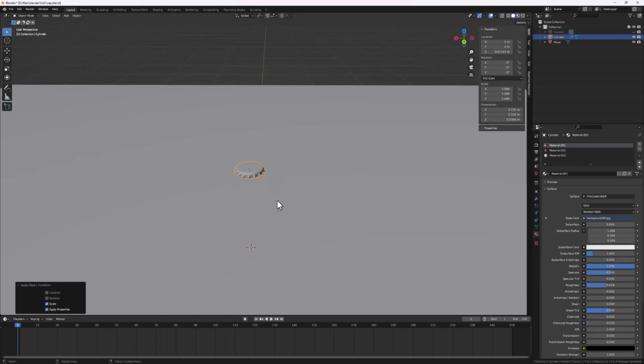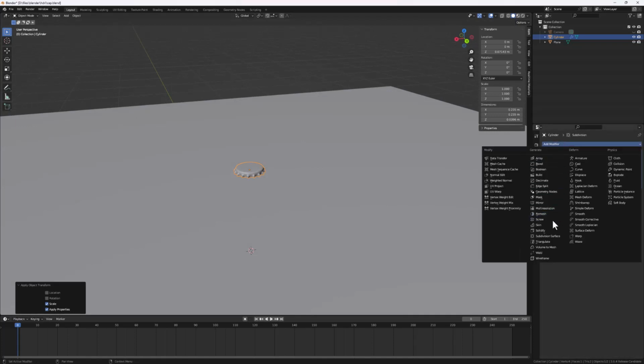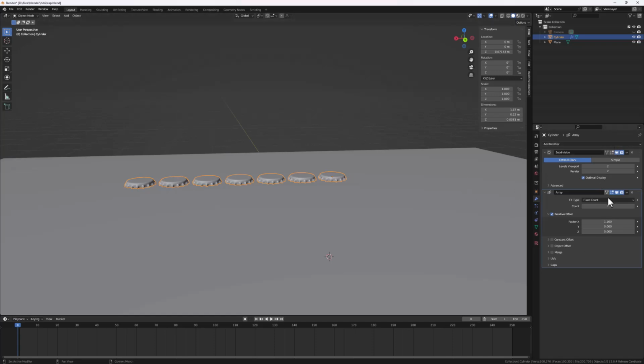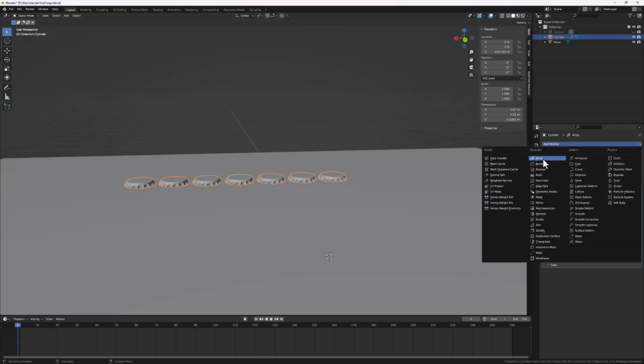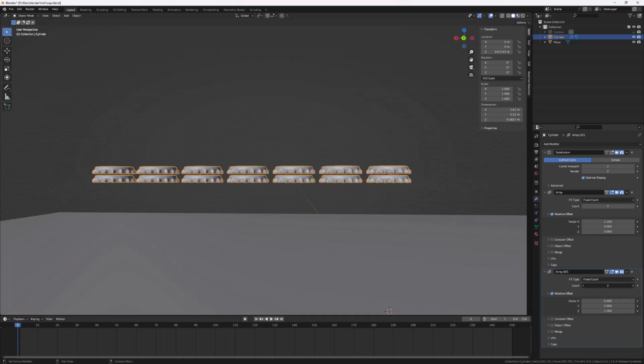So next, let's add in a bunch of arrays, and then we can create our simulations. Let's go to our modifiers tab, and then add in an array modifier, right? Let's just increase the X a bit, and then add in a couple of counts. So 5 is fine. Then let's add in another one on top. Add modifier and then array modifier, but now we're going to increase it on the z-axis. So X factor will be 0, and then z-axis will be 1.1, 1.2, right? Something like this. And then we can increase the count